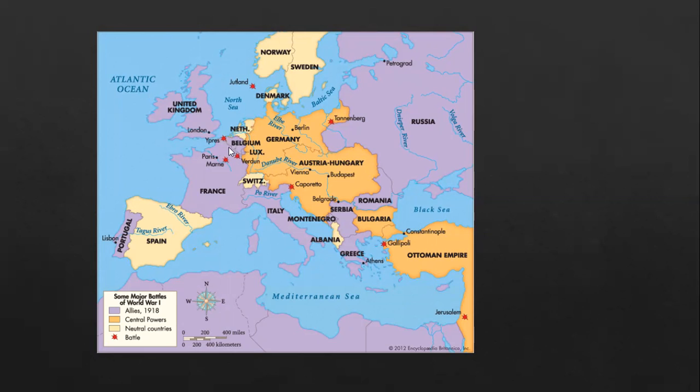Brutal slugfest right here. Hardly an inch of ground was gained. Hundreds of thousands of lives were lost right here along the French Belgium borders where most of the bloodshed was, which is super ironic because the whole conflict started right here on the opposite end of Europe. And yet, this is where most of the life was lost.